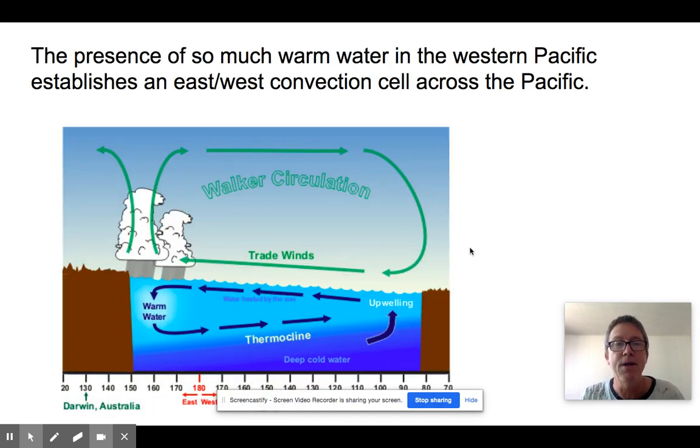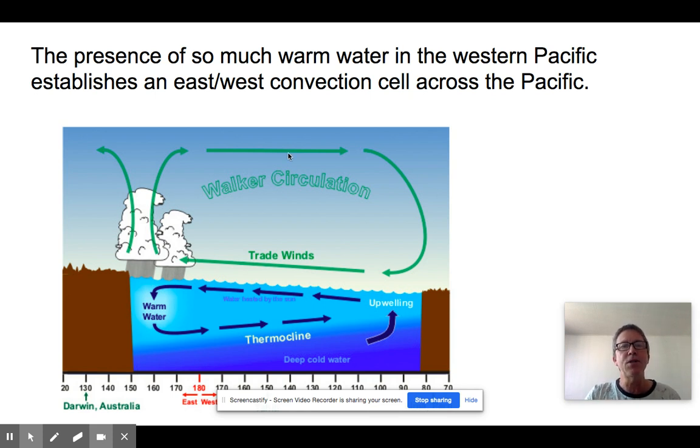Well, what does that warm water do? One thing it does is it causes convection. So we end up getting a lot of convection in the Western Pacific over this warm pool. And it's water, so it's got a lot of evaporative water vapor with it, which as it goes up, it precipitates. So we get a lot of rain. This is a big factor in driving the Asian monsoons. So the monsoons that Asia enjoys that help them with their agriculture are largely attributed to this pool of warm water that occurs here. And then the seasonal variability just has to do with the tilt of the Earth. We'll talk about that later in the year.